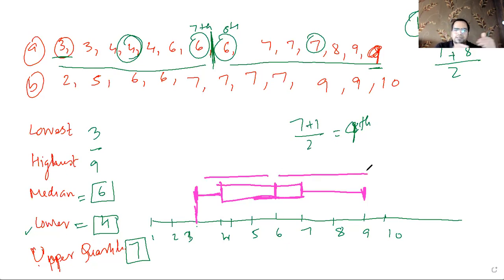So that's what the median does. And your 25% of values will be between 3 and 4, or 25% of values will be between 7 and 9. So this just allows us to analyze the data briefly. Now, if you find that there are a lot of data in just the lower range,